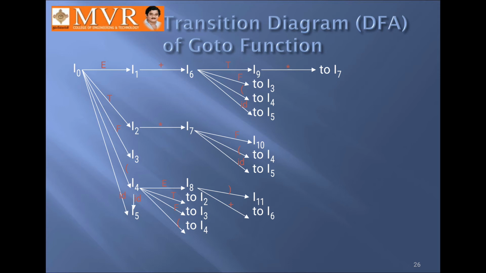Here in LR grammar there are some drawbacks. It is too much work to construct an LR parser by hand. It's very heavy work to solve an LR parser. It needs an automated parser generator. If the grammar contains ambiguities or other constructions, then it is difficult to parse in a left to right scan of input.